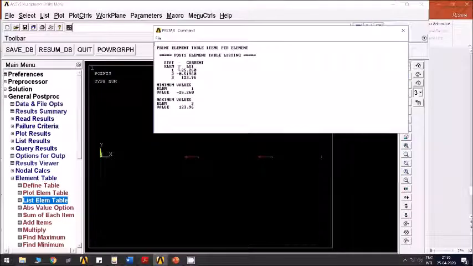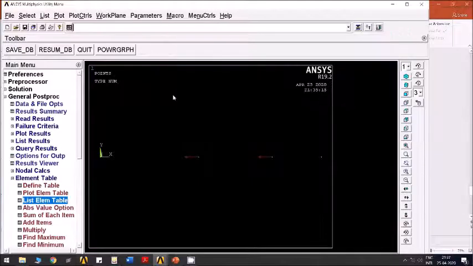In the first element, that is the bronze portion, stress is minus 25.26 MPa, and in the second portion, that is aluminium, stress is less, minus 0.51 MPa, and the last portion, the steel portion, stress is maximum, 123.96 MPa. And the minus sign indicates compressive stress and the plus sign indicates tensile stress.